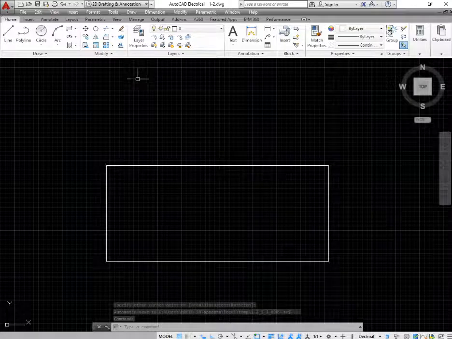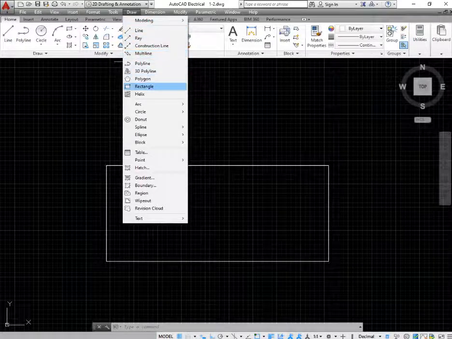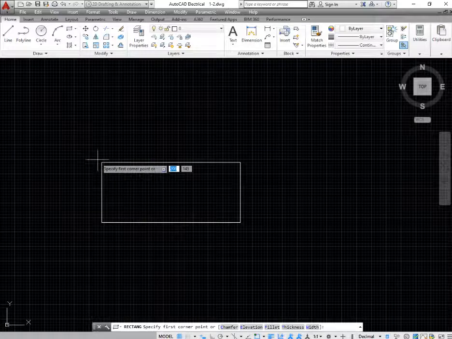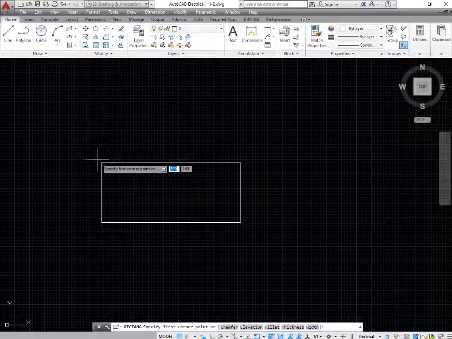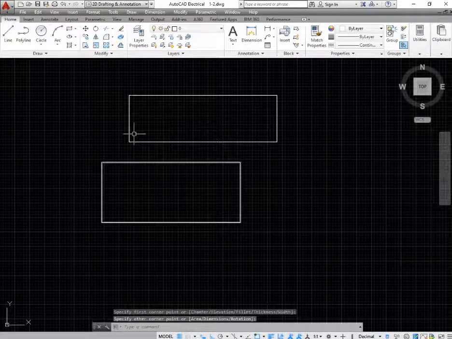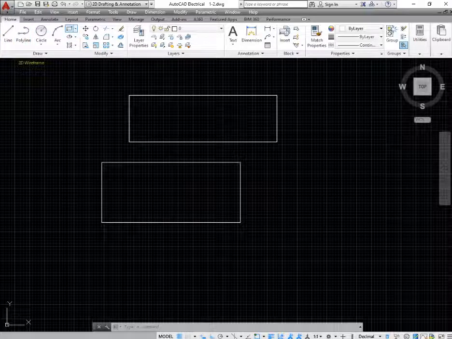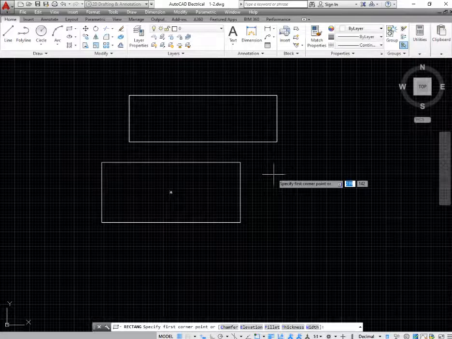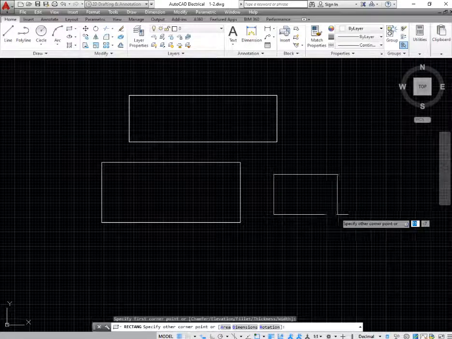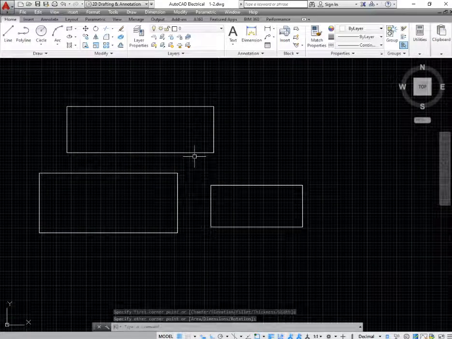In a similar way, go at top menu. Here you select the draw menu. In the draw menu you can see the option of rectangular. Click on rectangular. Similarly, first you will give the first point and then the end point. In this way you can draw a rectangular. The third method, here in the draw menu, you can see the option of rectangular. Click on rectangular, and now click on first point and then the second point. These are the three methods in which you can draw a rectangular.